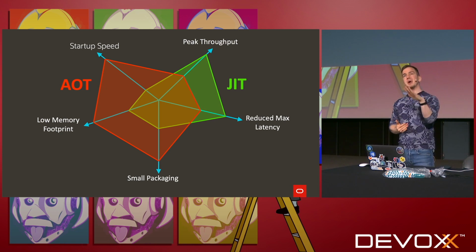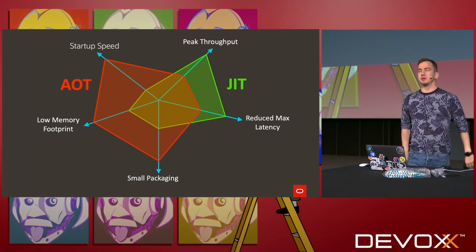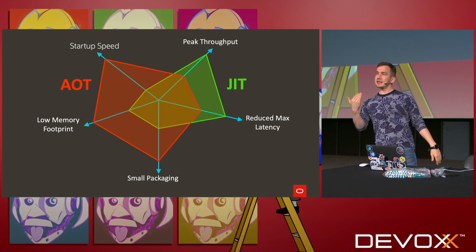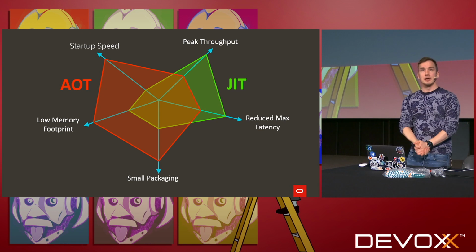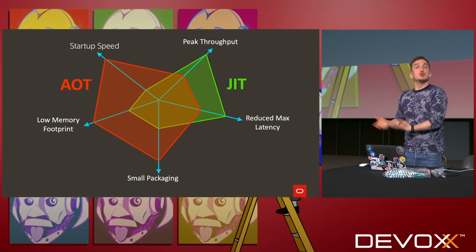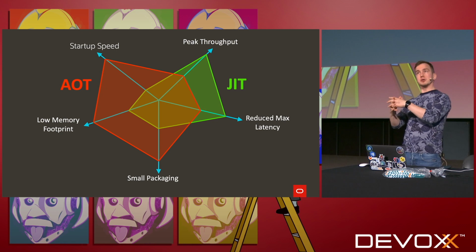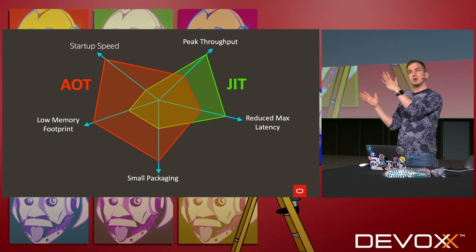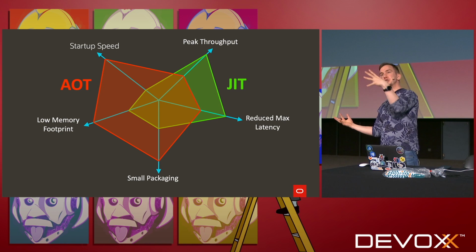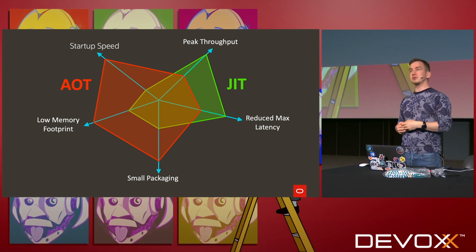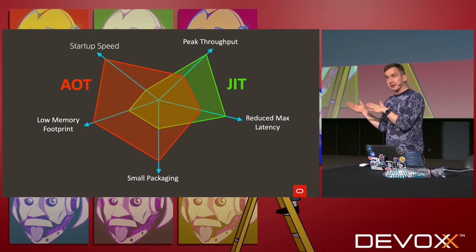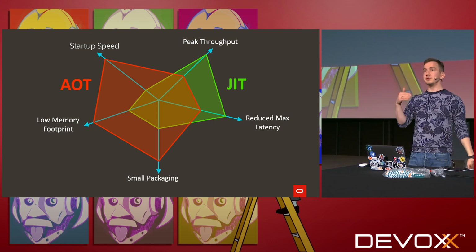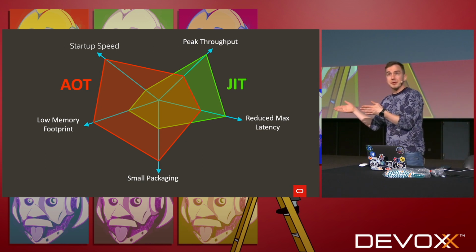So an ahead-of-time compiled application will probably beat the JIT version on the startup speed. It cannot include the facilities for JIT compilation, so it cannot consume memory for that, right? Imagine if you need to compile Java code, right? You would probably need some intermediate representation, maybe a graph, and you need to hold that graph in memory to compile and modify that, and that will take memory. So if you don't have to compile, you don't have to allocate that memory,